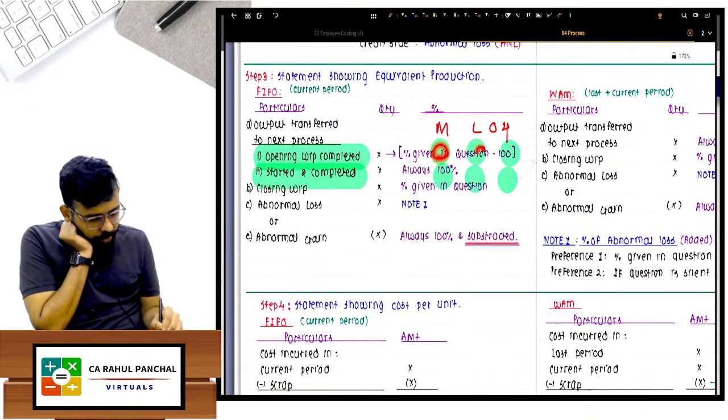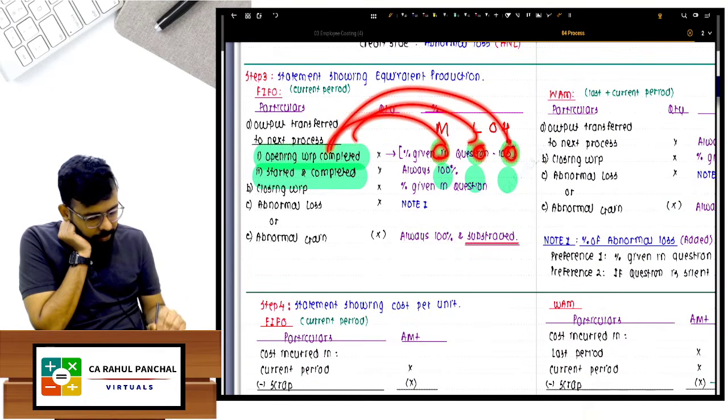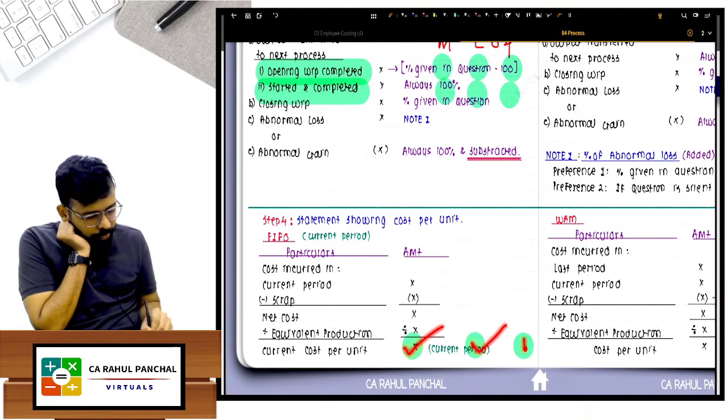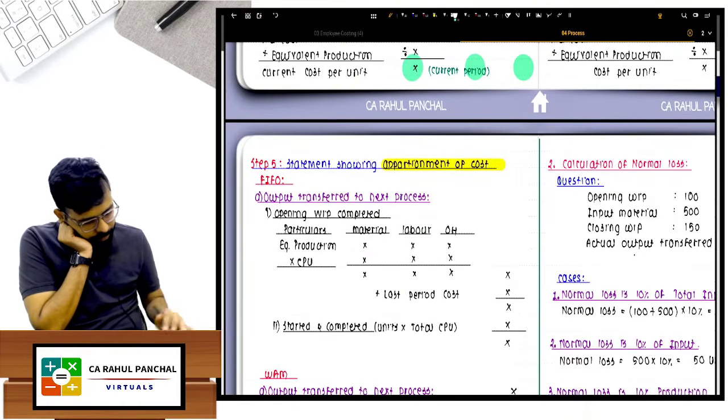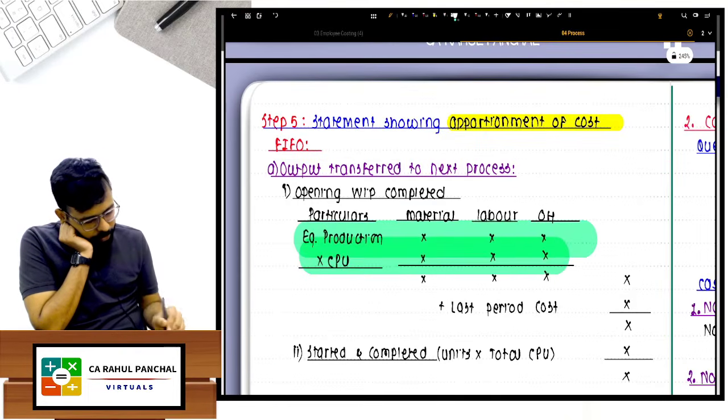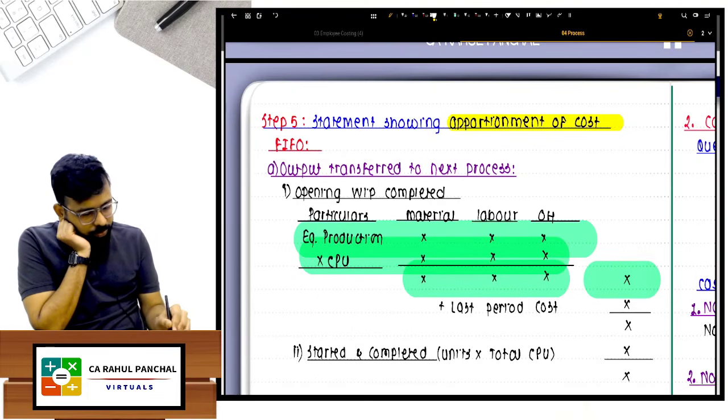So I will take these 3 quantities: opening, this much work is done in the current period, and what is the cost per unit of current year. Both will be multiplied and then I will get the cost. Look, equivalent production into CPU, I will get the cost,